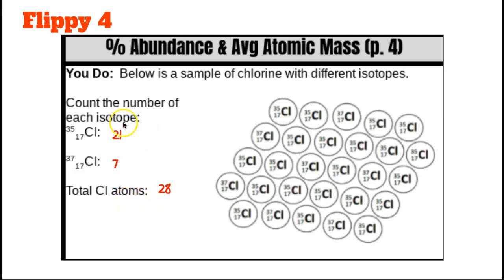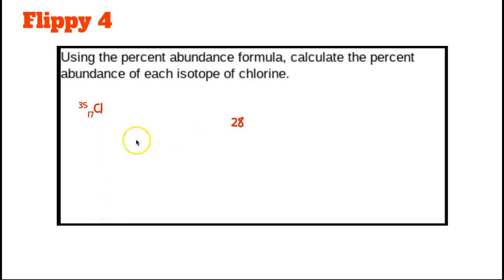We're going to use this information to find percent abundance just like we did before, but because there are only 2 isotopes, we only have to do that calculation twice. We're going to start with our chlorine 35. For the percent abundance, we take 21, because we had 21 atoms with a mass of 35, and divide it by 28, which was the total number of atoms in our sample. So 21 divided by 28, and then multiply by 100,